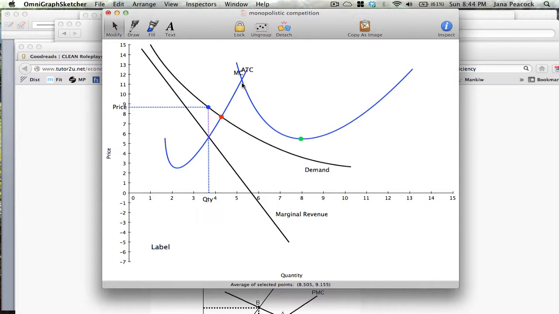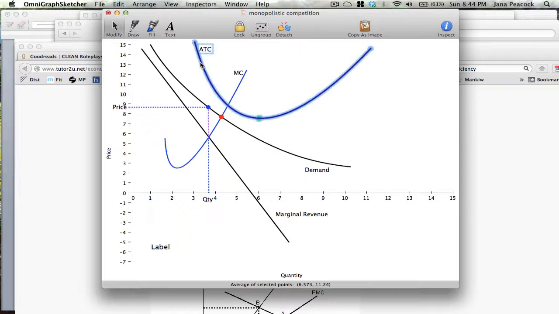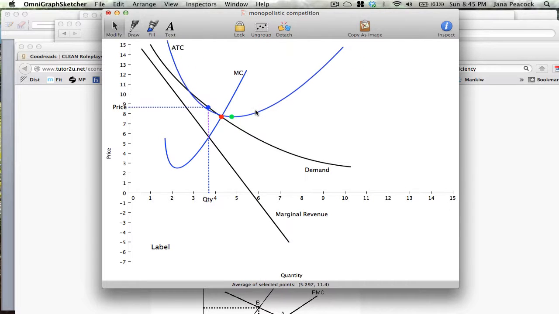So the rub with monopolistic competition is how average total cost plays a role. Monopolistic competition has an equilibrium. Perfect competition has an equilibrium. Monopoly doesn't really have an equilibrium because there's only one producer, so wherever they're producing is basically at equilibrium for that point. So here on my ATC, I've marked the minimum, or what I'm calling the minimum, don't get too picky with me here, in green. And so ATC will always cross MC at its minimum,